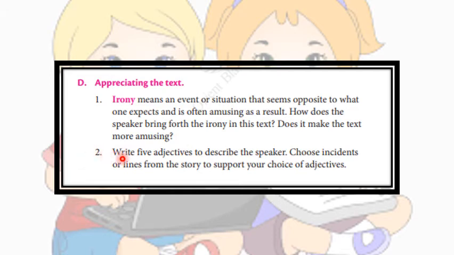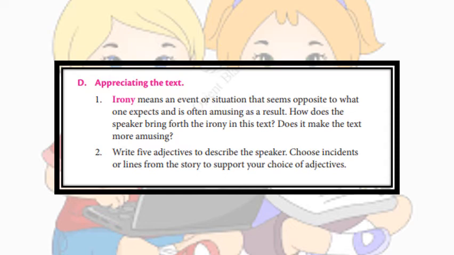Now, second one is write 5 adjectives to describe the speaker. Choose incidents or lines from the story to support your choice of adjectives. Adjectives means words that describe a noun. For example, if we are telling about principal, we say honorable principal. That's an adjective. We describe the principal by using the adjective honorable. Similarly, you have to write 5 adjectives that describe the speaker,